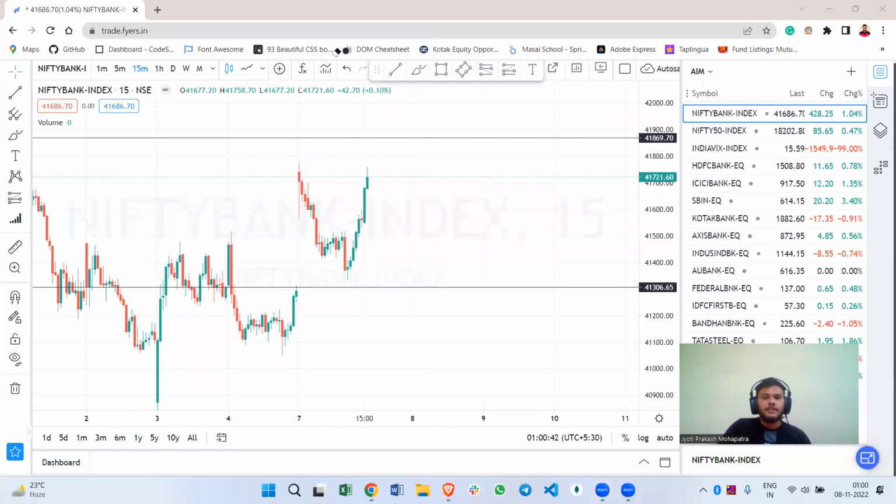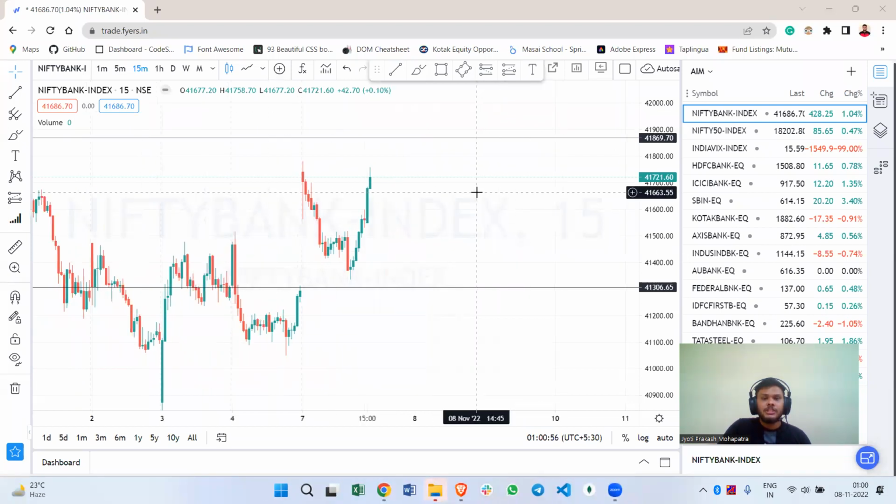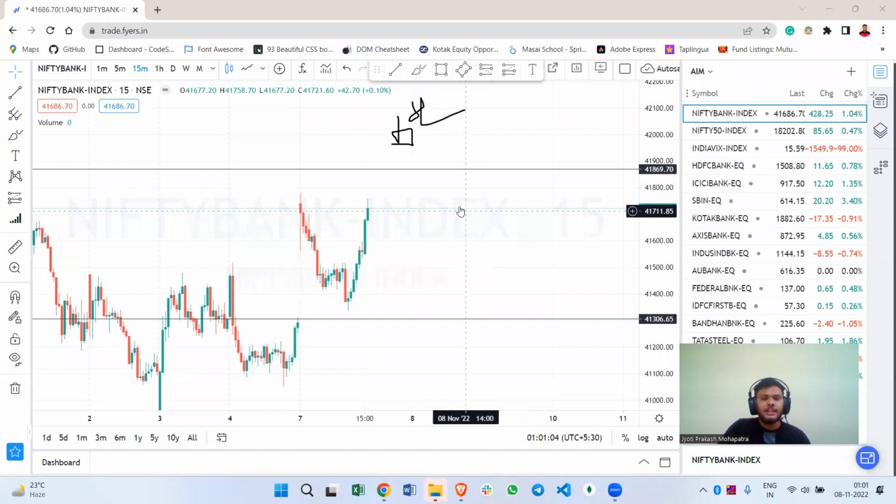So you can take a trade for buying tomorrow if it opens flat, and if it closes above 41,700 or 41,750, then you can take a trade for buying, and your target will be 41,850 to 41,900, and your next target will be 42,000. But let's assume it opens above 41,900, and after that it shows any negative scenario there, then you can take a trade for selling, and your stop loss will be the high of that candle, and you can set your target to